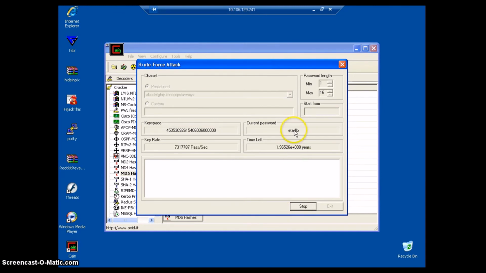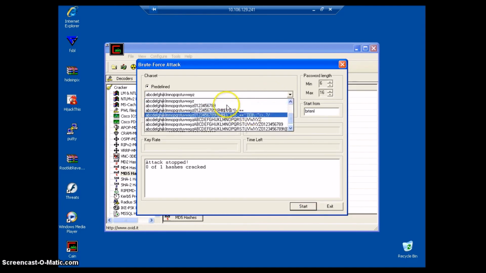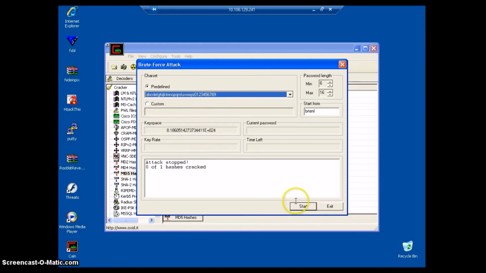Okay, it's doing it again. Matching, it doesn't match, it comes back. And here, you see how long it's gonna take? Years. Let's stop it. Let's try it with this one. See, even more. This one